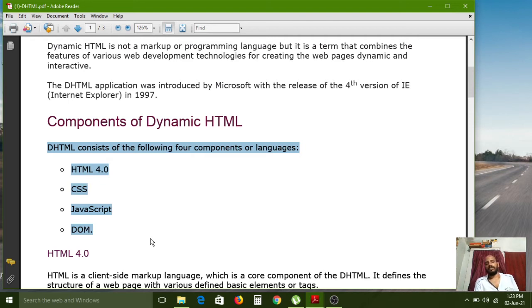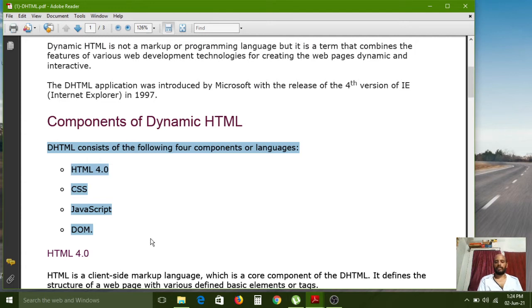Right. So if you want to develop a web application in a dynamic way, we need to use the HTML 4.0 version. That is better, because if you use HTML 5.0 instead of HTML 4.0, some compatibility issues will occur and some interruptions will be generated at running time. To avoid all those problems, we have to use the HTML 4.0 version. So that is better to use.